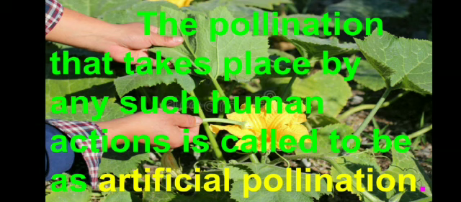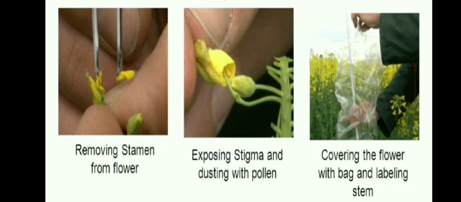In general, there are two types of pollination. First is artificial pollination and second is natural pollination. The pollination that takes place by human actions is called artificial pollination. So, artificial pollination takes place by human actions, whereby human hands transfer the pollen grains from one